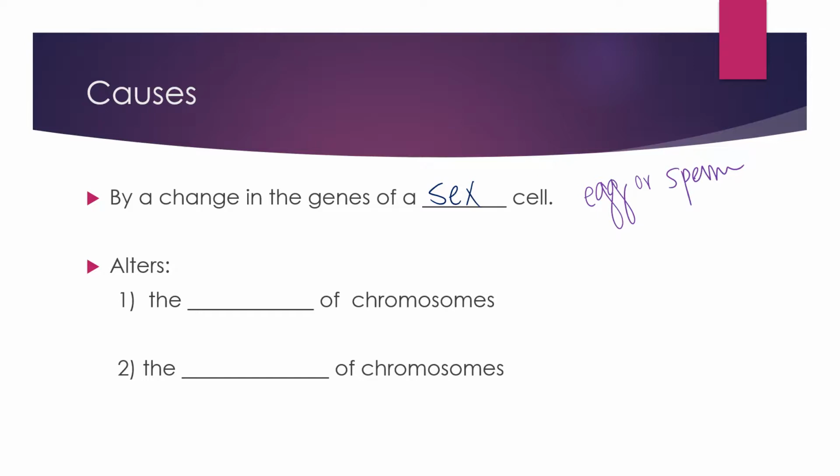Sometimes the chromosomes are not copied correctly. Sometimes we have too many copies of a certain chromosome, but these chromosomes are housed within the egg or sperm, and that's how they're able to be passed on to the offspring. So it can alter the number of chromosomes, and we can also sometimes alter the structure